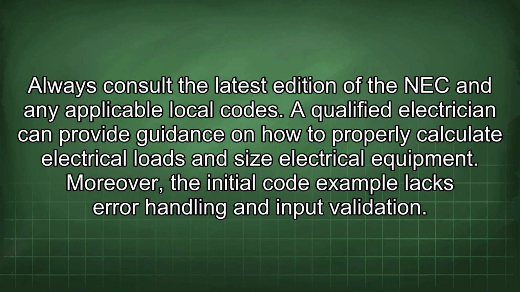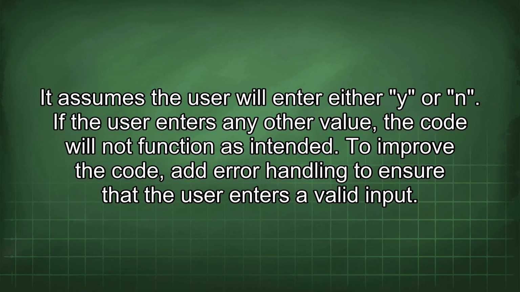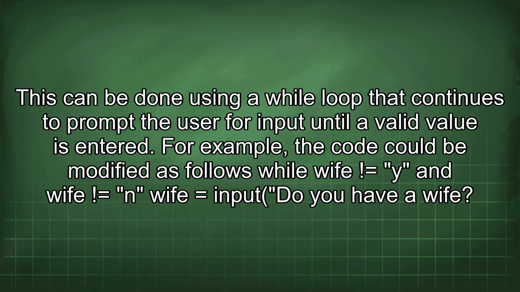Moreover, the initial code example lacks error handling and input validation. It assumes the user will enter either Y or N. If the user enters any other value, the code will not function as intended. To improve the code, add error handling to ensure that the user enters a valid input. This can be done using a while loop that continues to prompt the user for input until the valid value